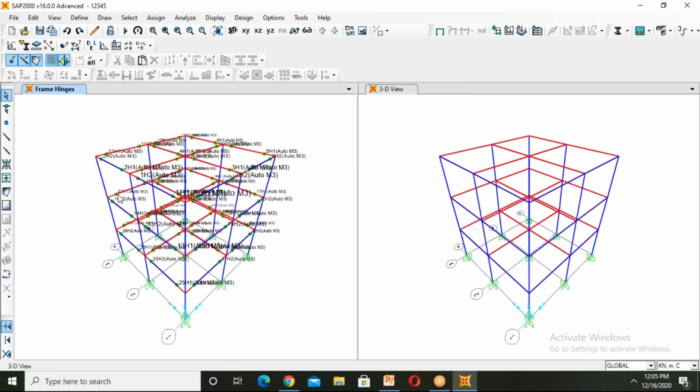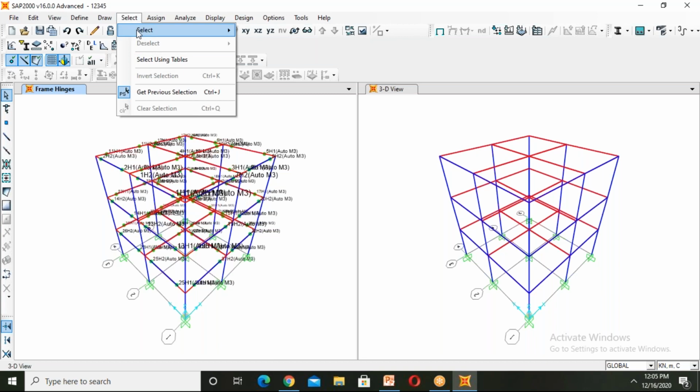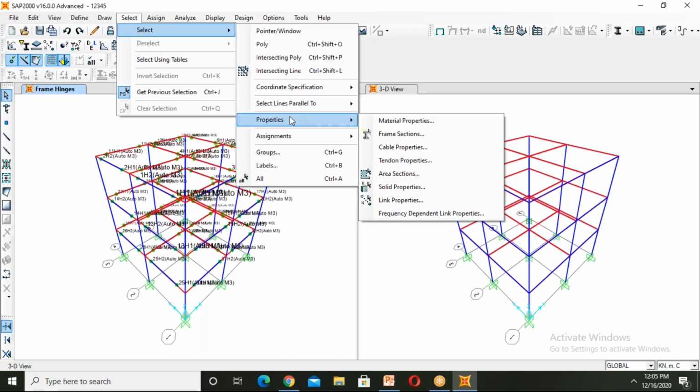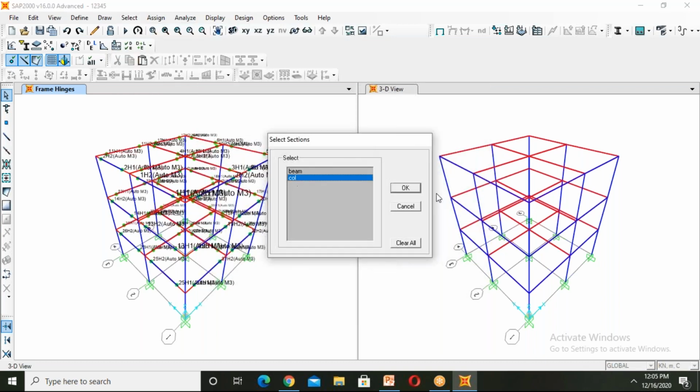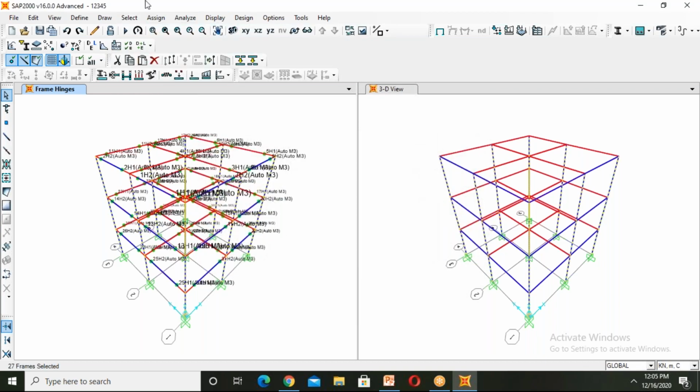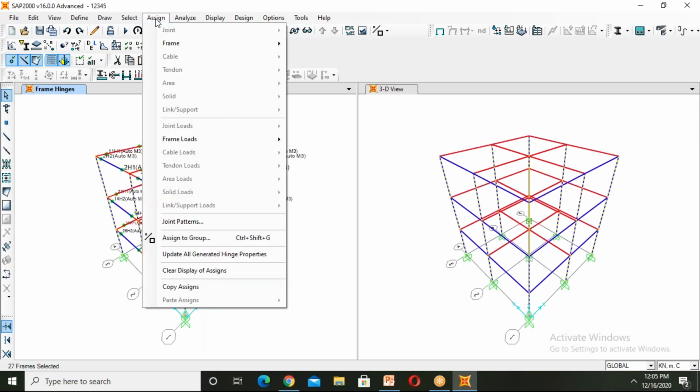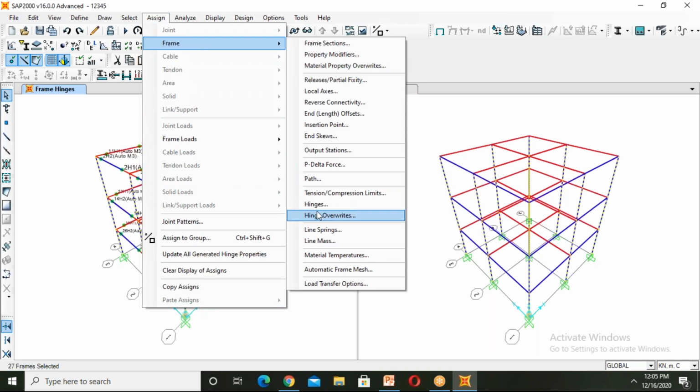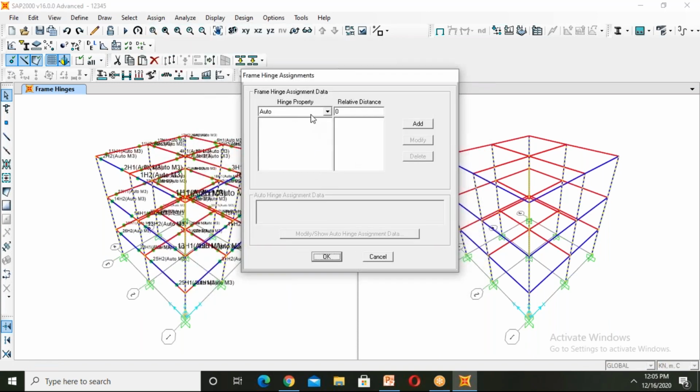Now we have to apply hinges on the columns. We have to select Properties, Frame Sections, Columns, click on Column, click on OK. Now Assign, click on Assign, click on Frame. Now go to Hinges. Here we are defining auto hinges, with a relative distance of 0.05.